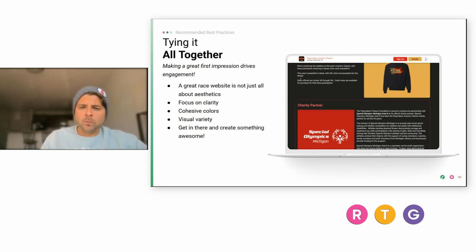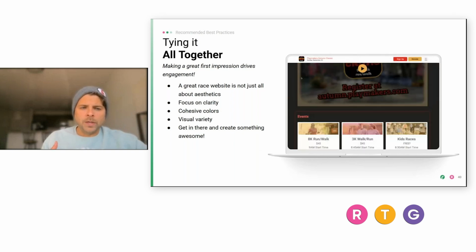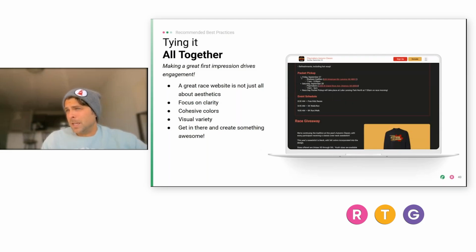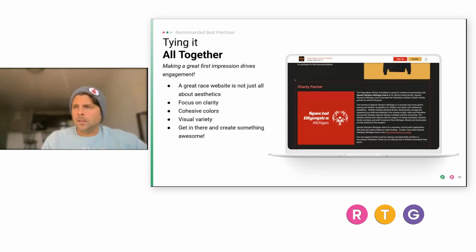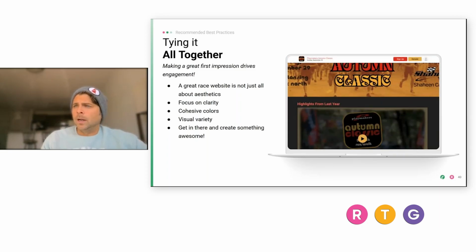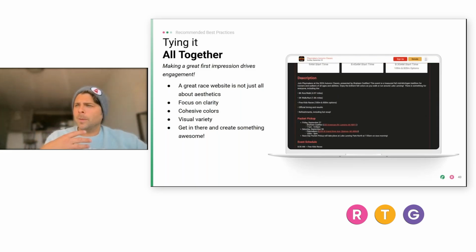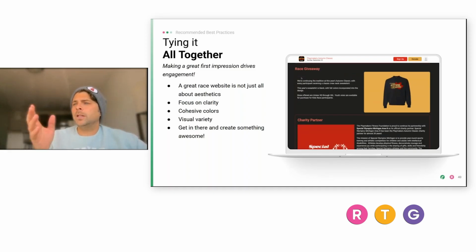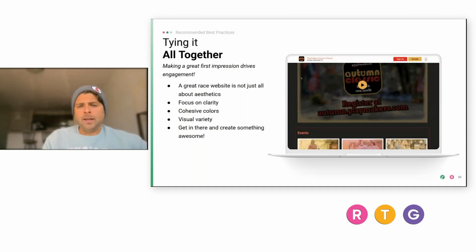So again, tying it all together here with that first impression, focus on aesthetics, focus on clarity, focus on a cohesive brand story, and making sure that whole thing plays together. Go build it, go test it, go make sure it looks good. And again, if you're building on websites V2, and if you're building it for a race, you can build this in the website builder, and they can go look at it in the website builder before you even publish it,